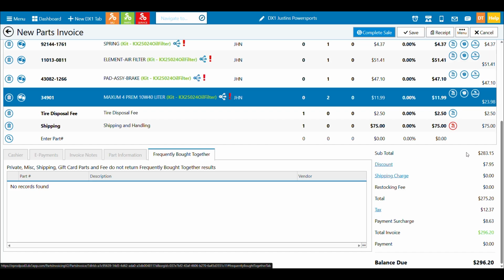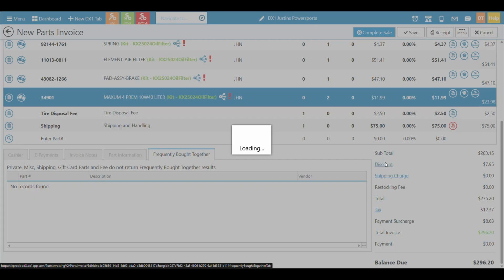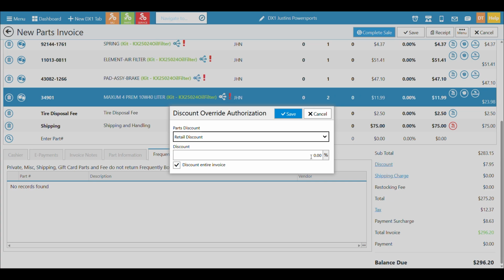Over here on the right hand side, you can see as we've been demonstrating certain things, we've added some items to the invoice. So now this is really our calculations, our breakdown of our accounting. We have our subtotal of our invoice, our discount. Again, I could discount the entire invoice, in this case, because I'm using it for the entire side of things. But I could pick a retail discount, a cost plus discount.